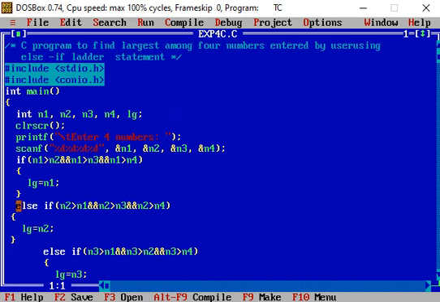Then in the else we again have an else if statement included together with the else.